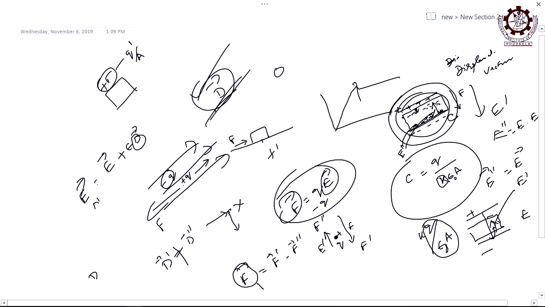Suppose, let us say, think about a dipole. Dipole means there are two poles, positive and negative, and they are bound with some force. That is why you are telling it is a dipole. Otherwise, from where are you getting these induced charges? If they are all the time bound with each other and dipoles exist throughout, then charge should not come here. There should not be any surface charge.